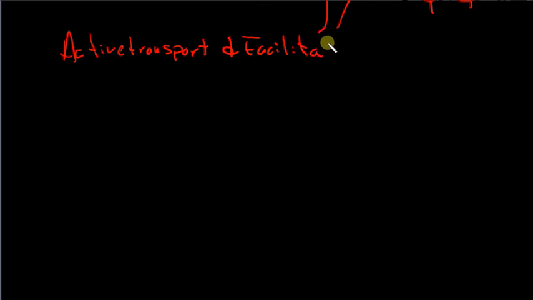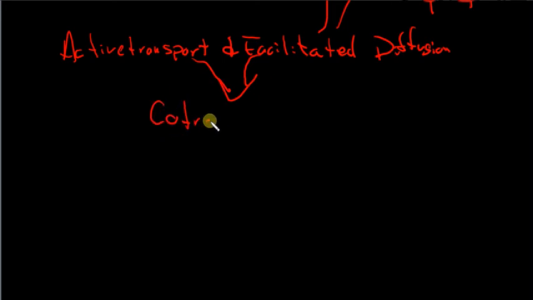Sometimes active transport and passive transport can work together. Sometimes active transport and facilitated diffusion can come together in what's called a CoTransporter. And in a CoTransporter, what you have, and I'll do another picture of it, we've got our plasma membrane,